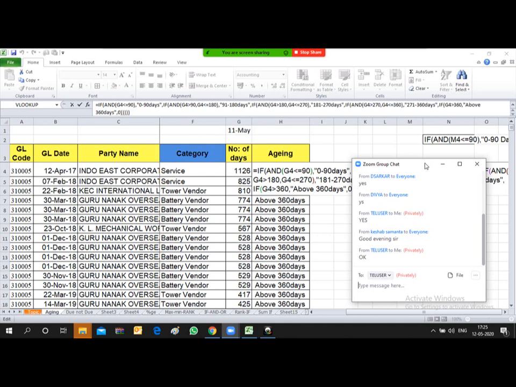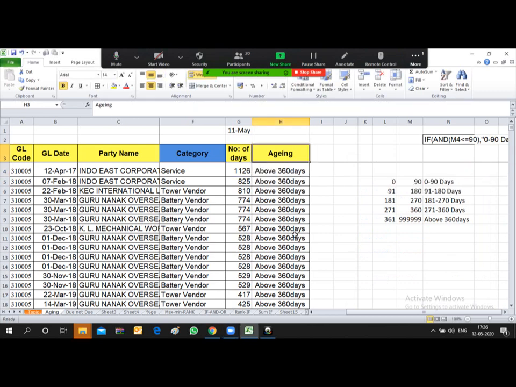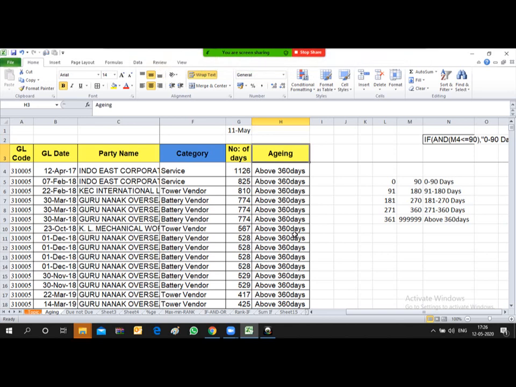Okay, there is no query raised from anyone, so I assume that everyone must have understood this formula. So friends, once you derive this aging, you can prepare your MIS accordingly with the help of a pivot table.